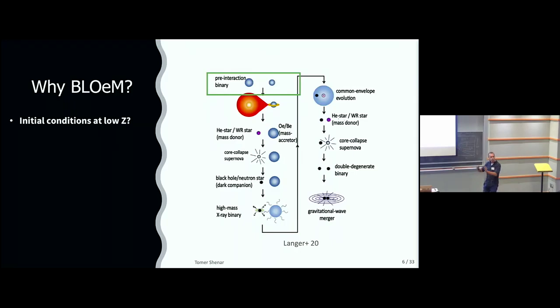I think that if we want to understand black holes, we also want to understand the properties of their massive star progenitors. For example, we want to address the question, what are the initial conditions of massive stars at low metallicity? For example, the binary fraction. So far, we haven't really systematically probed the binary fraction of massive stars at low metallicity. We're extrapolating this from high metallicity results. Are they even commonly in binaries? What are their orbital parameter configurations? What is the initial mass function at low metallicity? We want to address all of these questions.